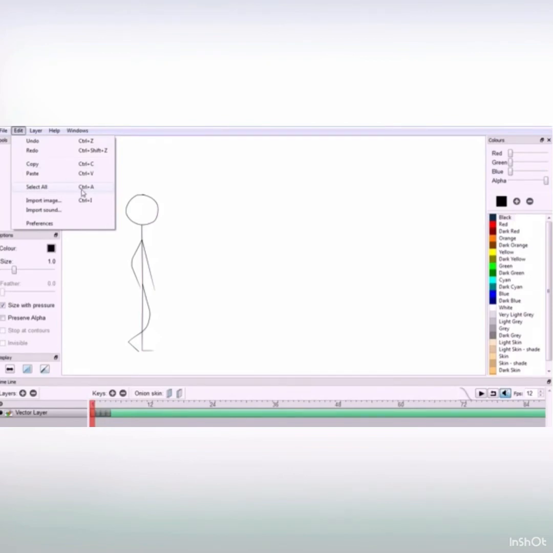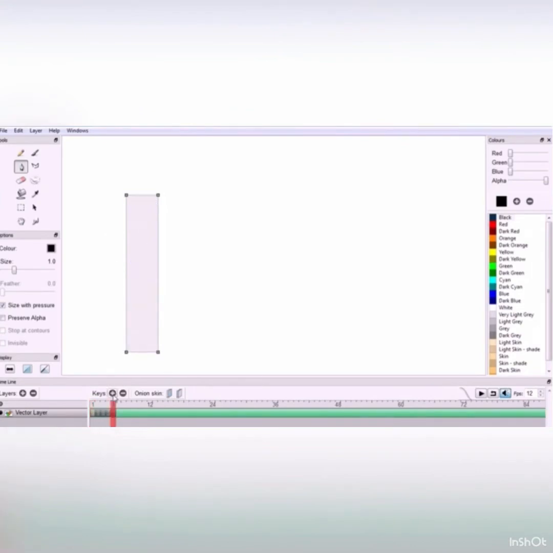You just select them all and paste on the timeline. Wait, processing is going on. Select it and then add the new key. After that, paste it. It will be pasted in all keys.